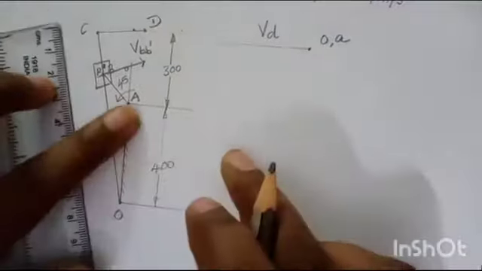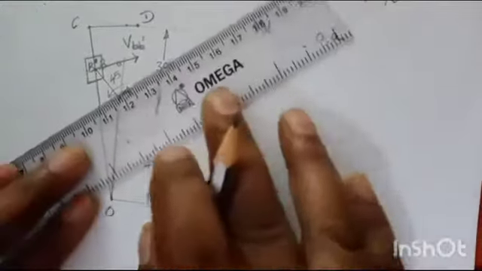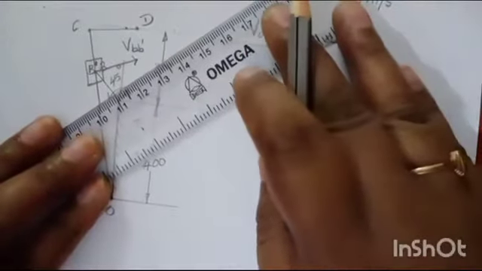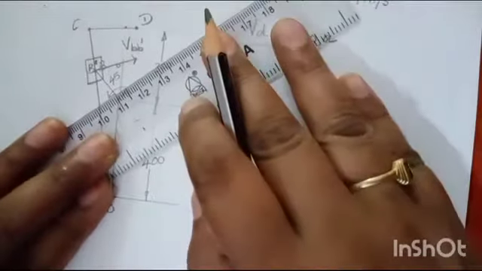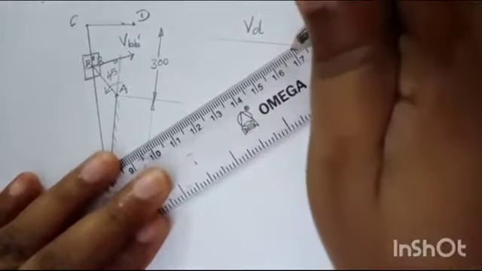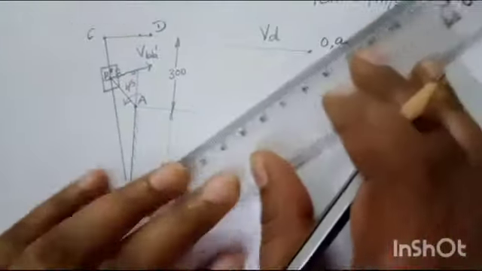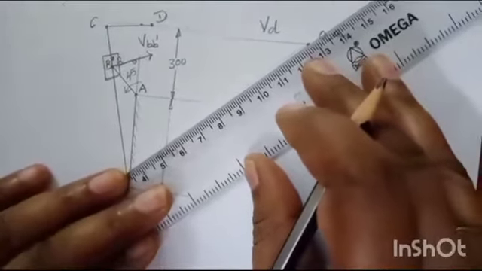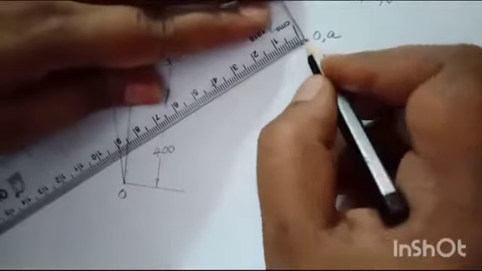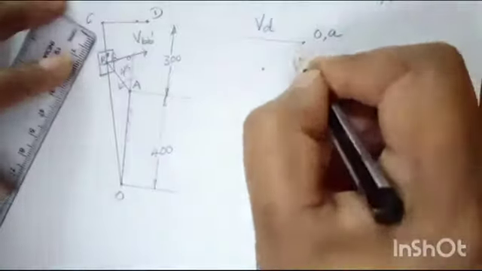Now OA is fixed. Now what about AB? This is your AB line. For this AB line, take a perpendicular line. You have the black color measuring lines, no? Keep it parallel to this AB and drag it and draw a line here. Now AB has that 1.9 meter per second, that is nearly 2. So you just mark this 1.9. So this is your VAB.